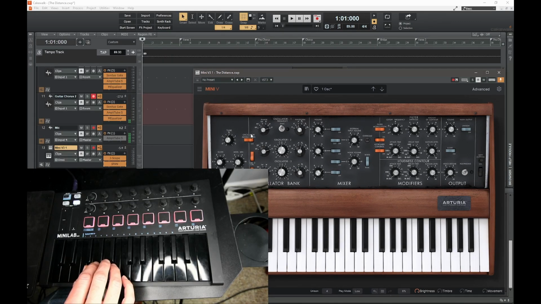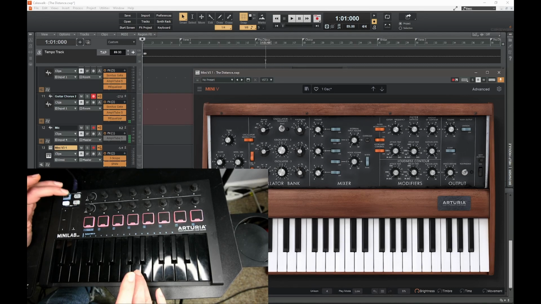Okay, and two additional settings I missed were oscillator modulation. You want to have this off, and you want unison to be on, and you can adjust your output volume here. Now, in order to get up to that G-funk range,